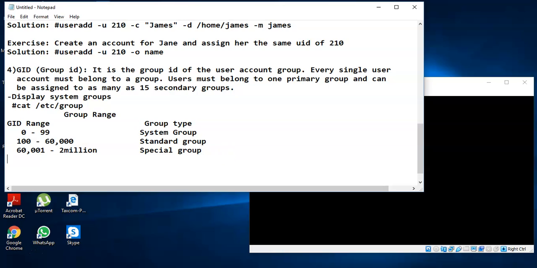Next, another exercise for us to learn. Exercise. This is create a group called exec, like execute. Okay, so to create a group called exec. To do that, solution,